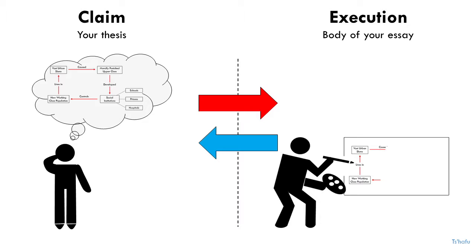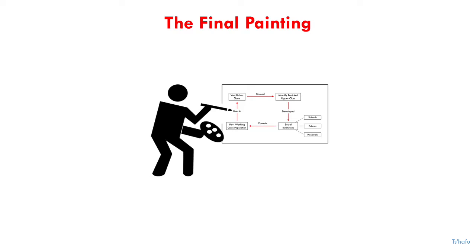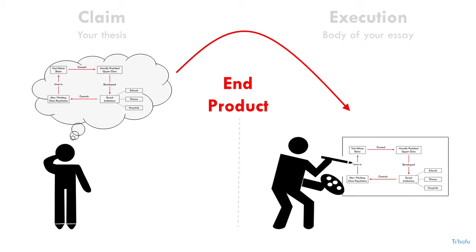Now, the only time that we say that it becomes sort of a one-way street is when you end up with the final painting. You're going to lead your paper with a thesis, so that is what you're claiming, and then follow it up with the actual painting itself. So it is really only in the end product, the thing you're delivering to your audience, then we expect there to be this linear relationship from left to right. But before then, it's completely up to you.